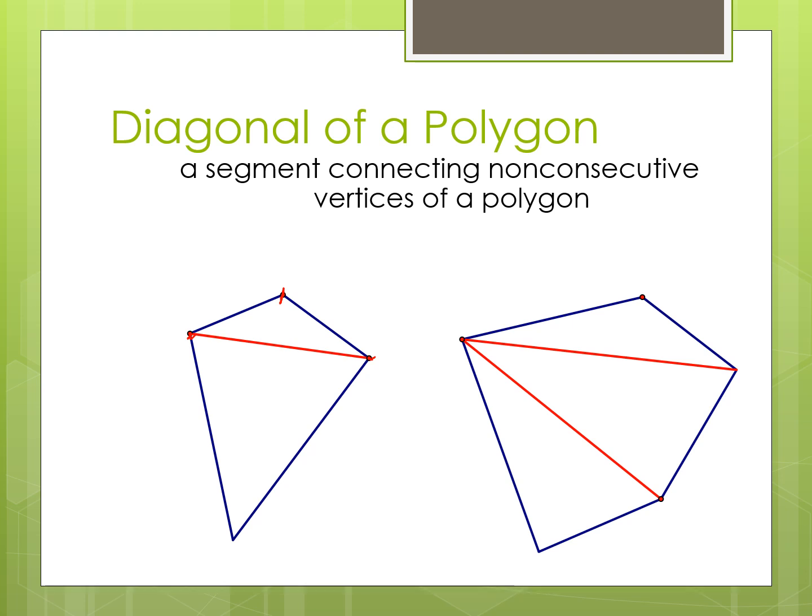So it must not be consecutive. So if we pick this one and this one here, and we connect them, that is now considered a diagonal. Then another diagonal that we have is this one and this one, but not to the point that we are going to intersect them both. Okay,